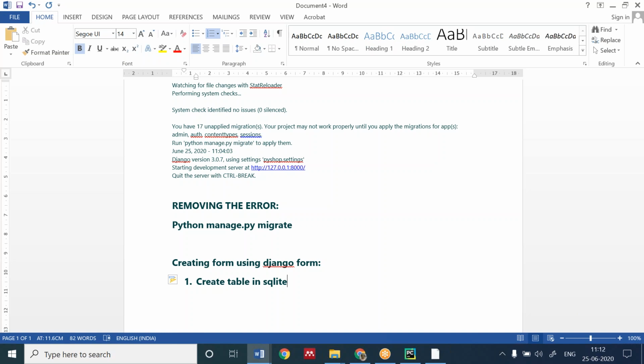When we have to create a table, we will be working on the models.py file, whether it is for MySQL, SQLite or any other database.